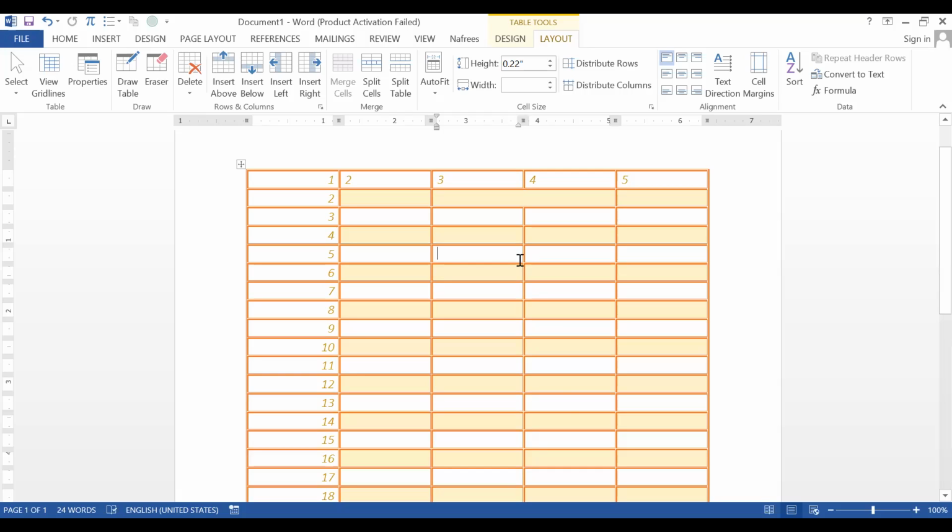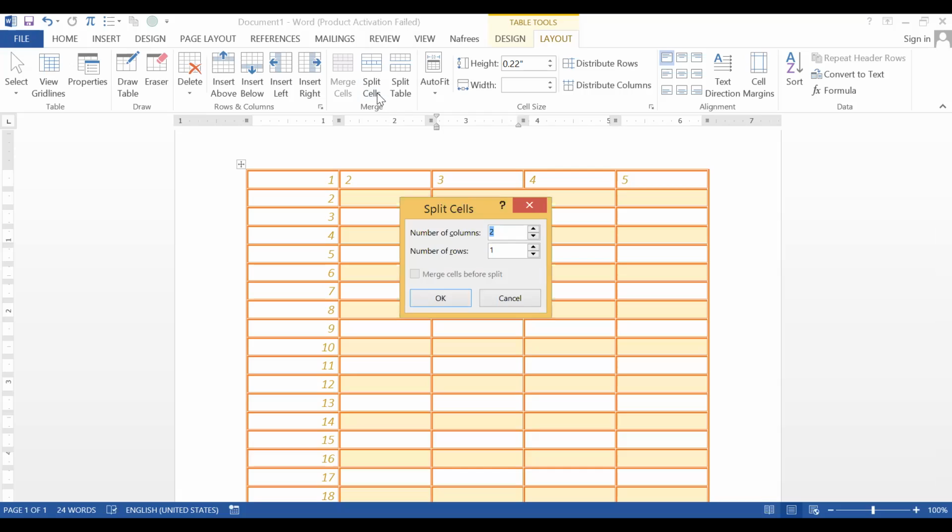If you want to create two cells inside a single cell, then you have to click inside a particular cell and click split cell. Now it is asking how you are going to split your cell, whether you want only 2 columns and 1 row, or you want to create 2 columns and 2 rows.